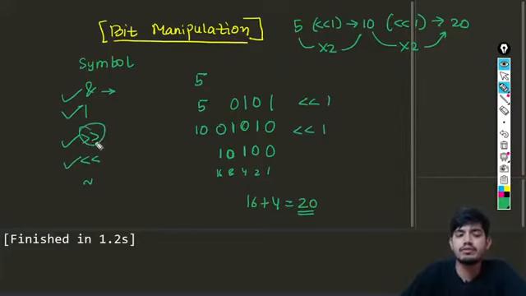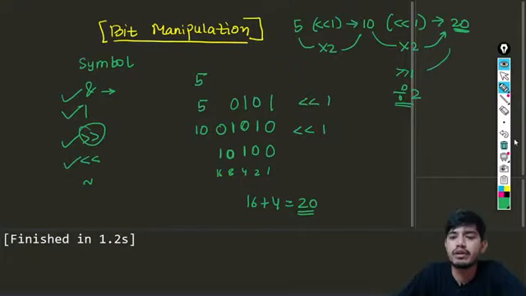Suppose if we have this one, then you might guess what happens if we apply the right shift operator on this one. You can see we'll be doing nothing but dividing this number by 2. So that is all about this. And the complement means flipping all the ones to zeros, so that is going to be done by this one. So these are the bitwise operators.